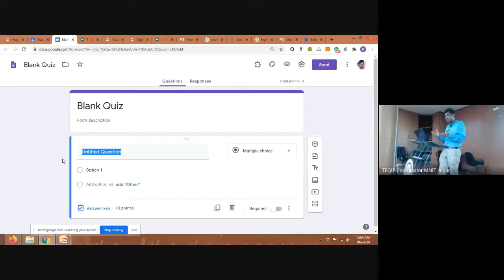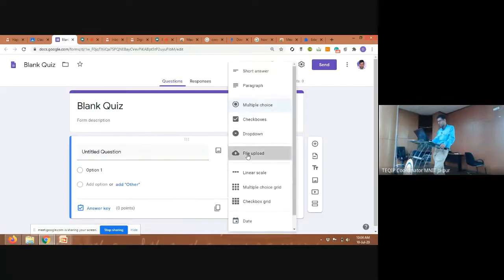You can make a PDF, and then using this Google Form, I can ask them to upload it. Instead of asking them to send it through email, you can make a form and share this form with the students, so they can upload that PDF on this. Here we have the option of file upload.